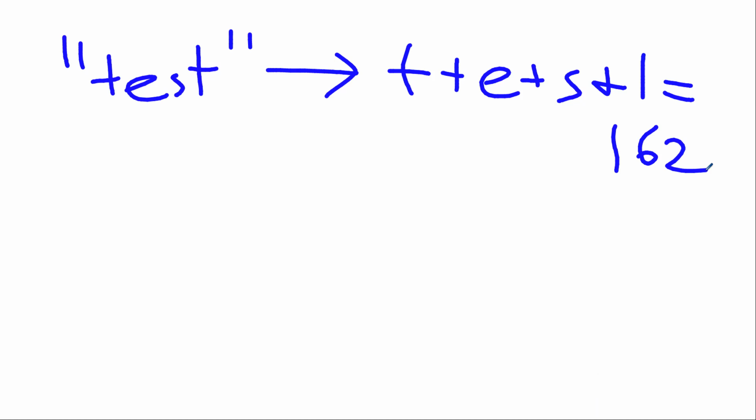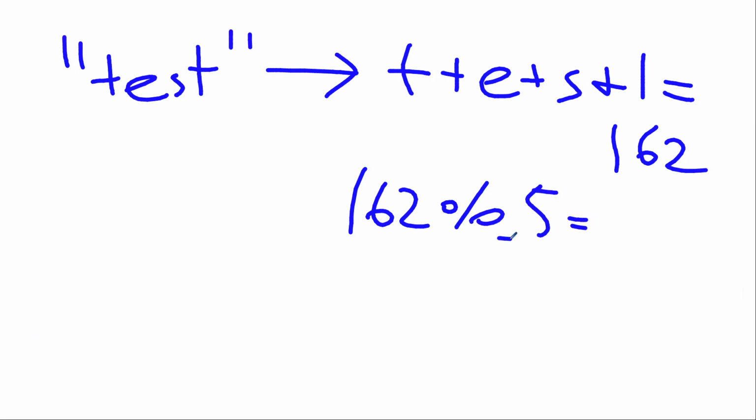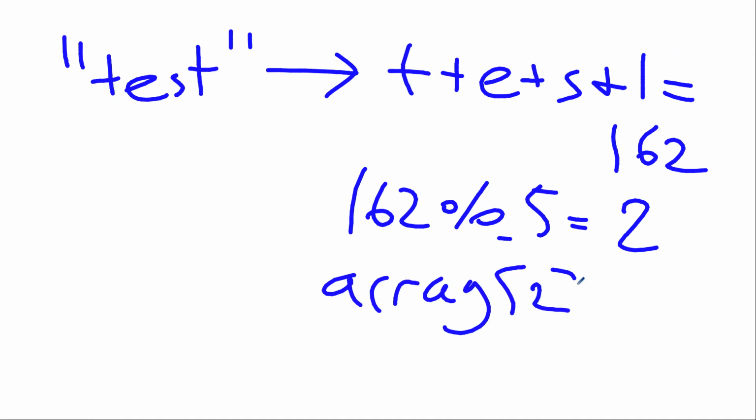Now you don't want to put it in the 162nd location in the array, so you can take that 162 and do a modulus operation, say you have only 5 elements in the array. 162 modulus 5 will be what? It will be 2, because 160 is divisible by 5, and 162 is not. So the last 2 will be the result of the modulus operation. In the array, we can go to the second location and put the object that contains the value that we want.